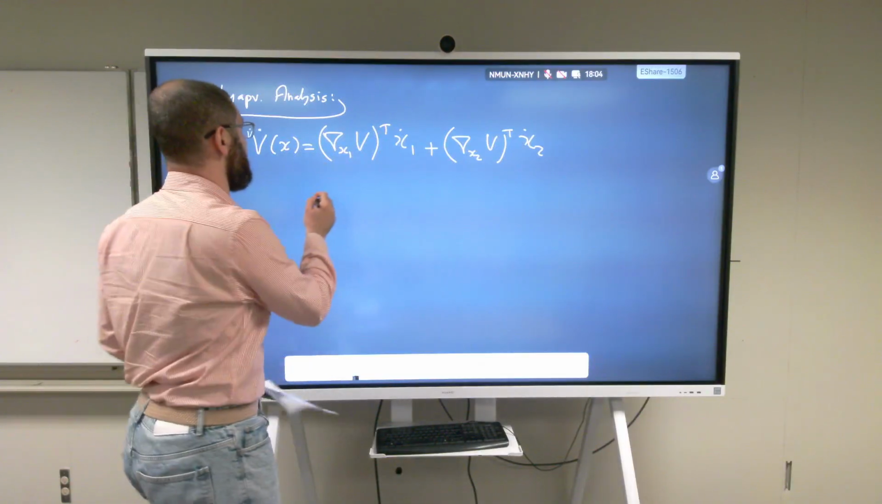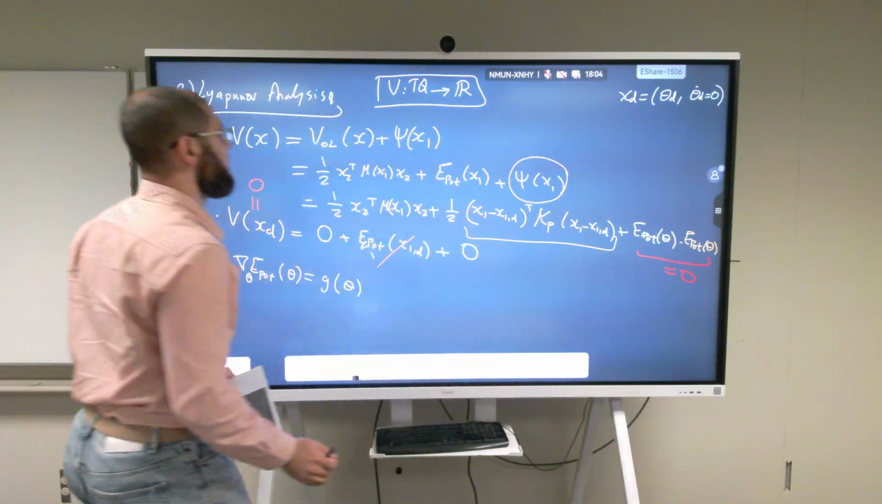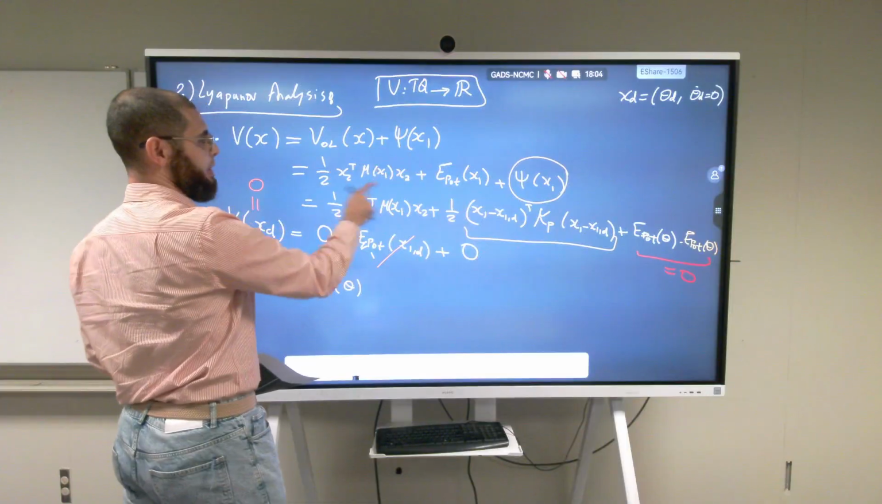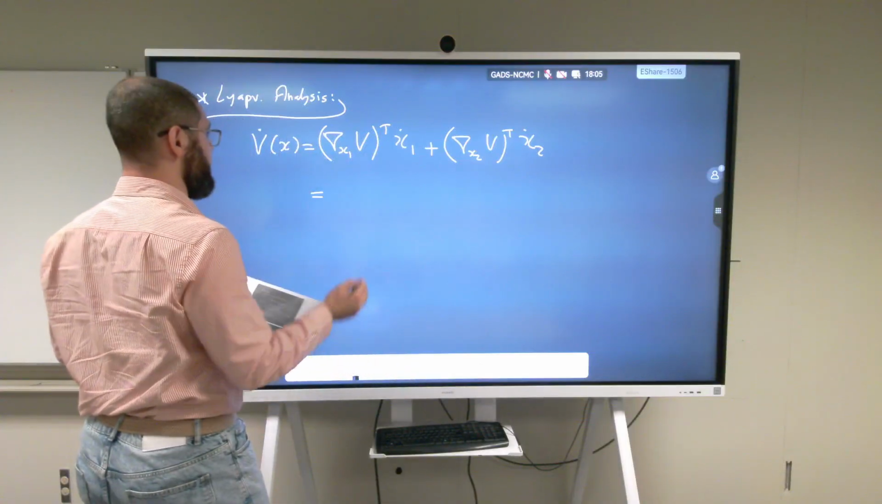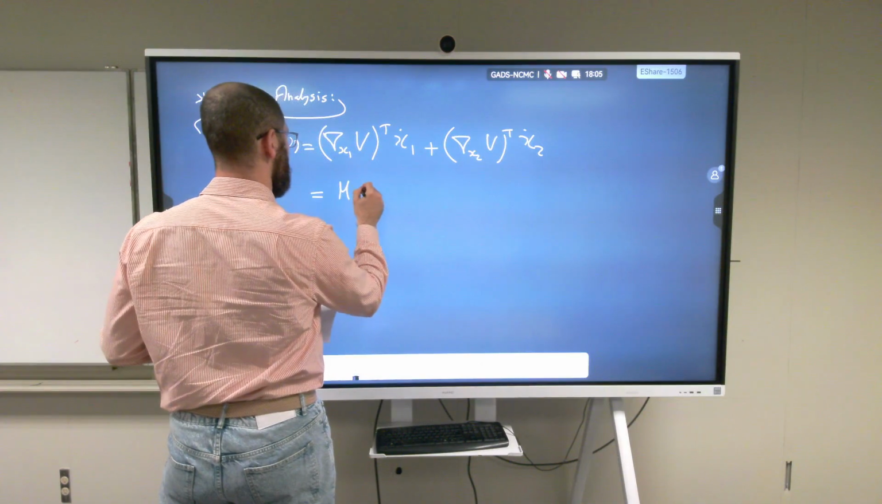And what was the V that we chose? We had a couple of terms here. This is a function of x1. So what we're going to have here is simply M of